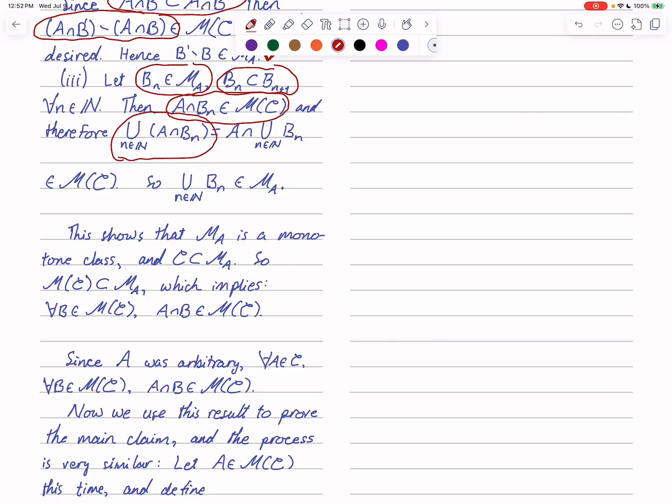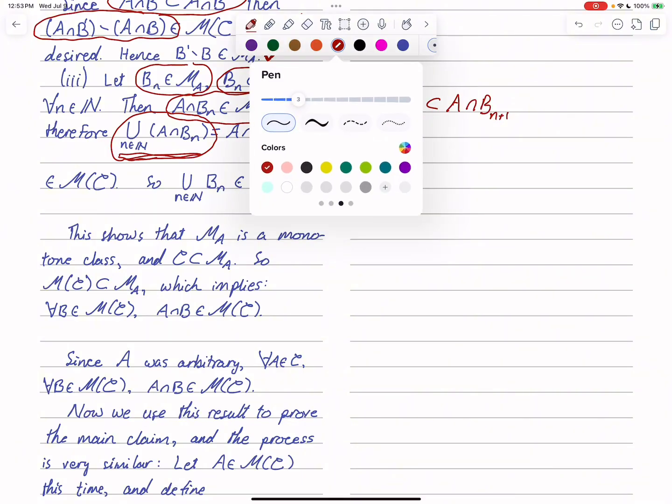By the way, I should have remarked on this in the proof, that A intersect B sub n is itself a subset of A intersect B sub n plus 1. So it forms an increasing chain, right? So we have elements of the monotone class, they form an increasing chain. Therefore, by the monotone class property for unions, their union, which, by the way, I should also say is that